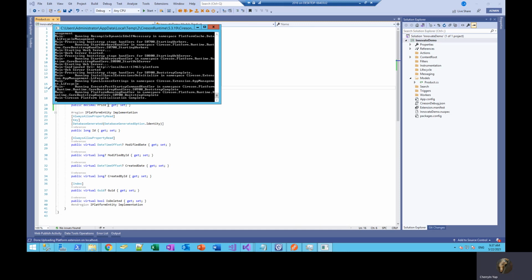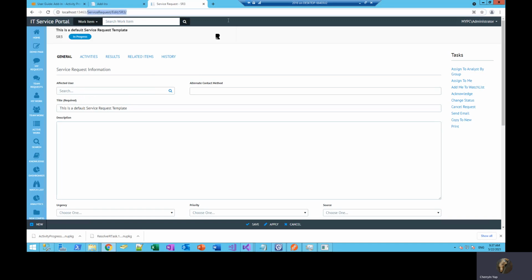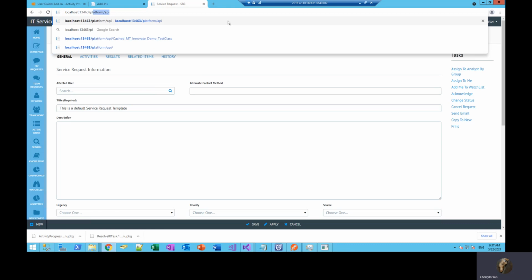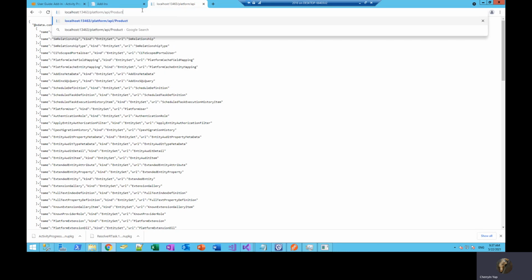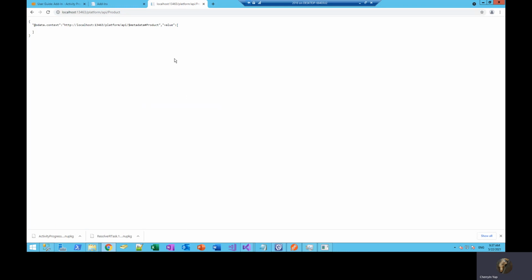Once we've got the message that initialization is complete, we can head back to the API endpoint, and there you see that the class we've created was ported over. At this point, this should be empty because we didn't populate it with data.